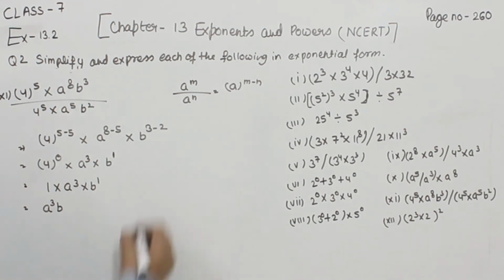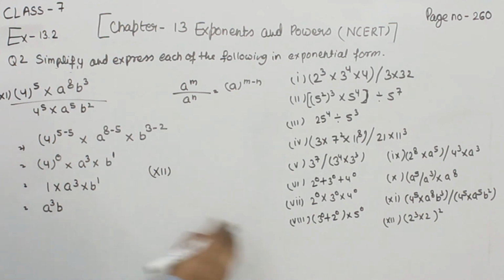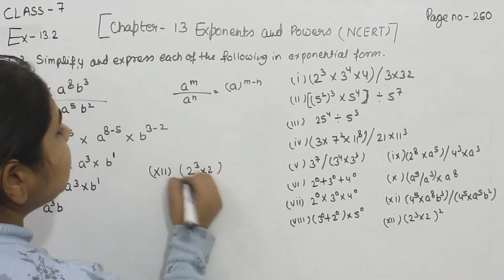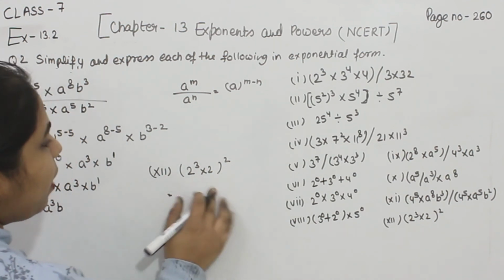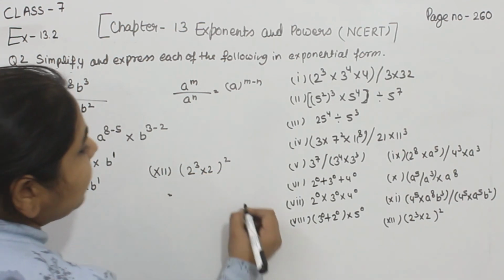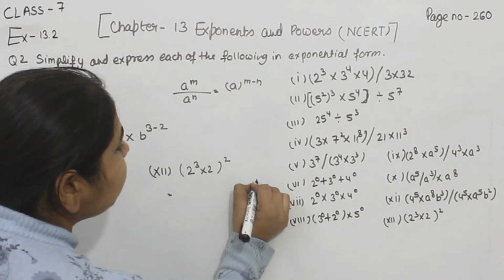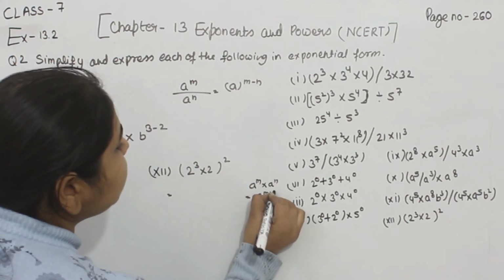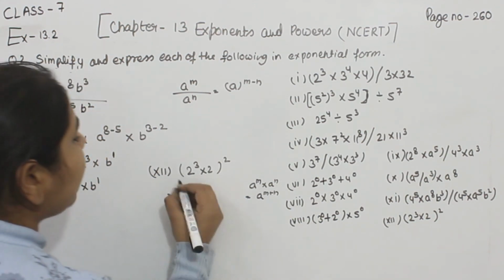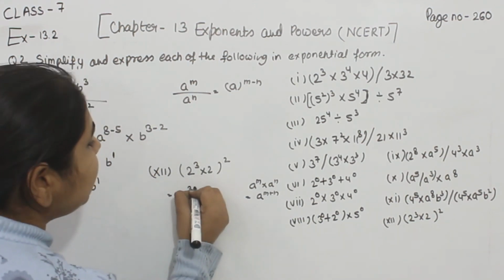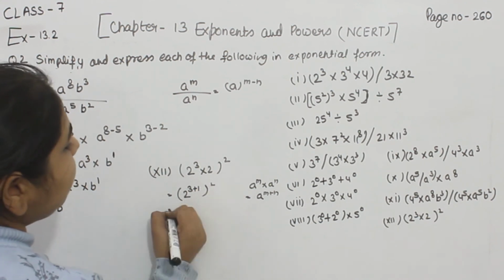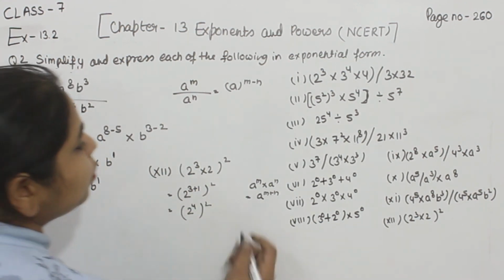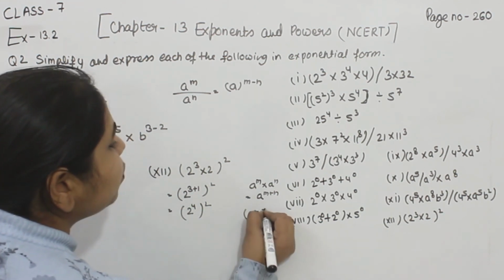Now comes to the part 12. Now in the part 12 we have (2 to the power 3 multiplied by 2) the whole power is 2. Now I am going to apply first of all a to the power m multiplied by a to the power n, then this will be a to the power m plus n. So 2 to the power 3 plus 1, to the power 2. So 2 to the power 3 plus 1 is 4. This one is to the power 2. Now (a to the power m) to the power n,